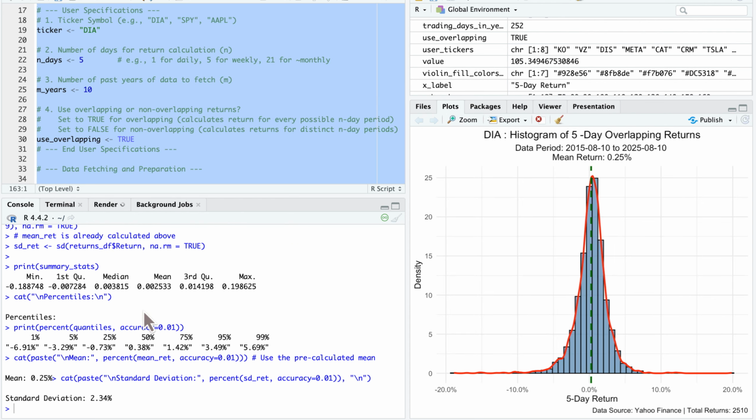And down here in the console, we get some preliminary summary stats. So like what was the worst 5-day return? Almost 19% negative. First quartile, so 25% of the days were worse than here. Median, mean, third quartile, and max 5-day returns. Some interesting percentile data here, standard deviation, and mean. So anyway, that's good for you just in the bottom left hand, but in the bottom right hand, we get